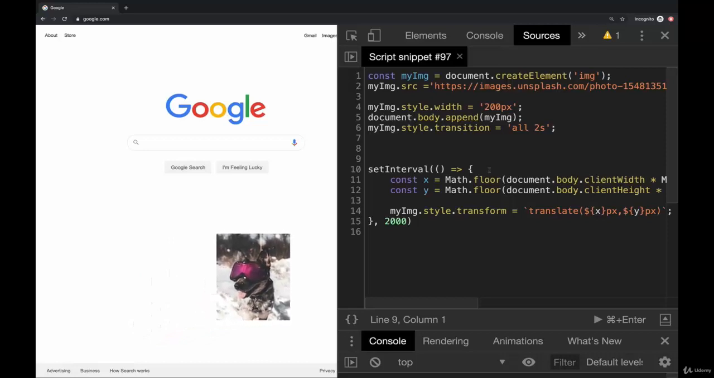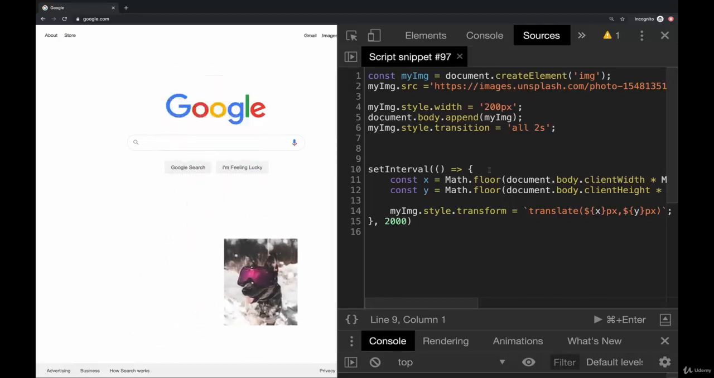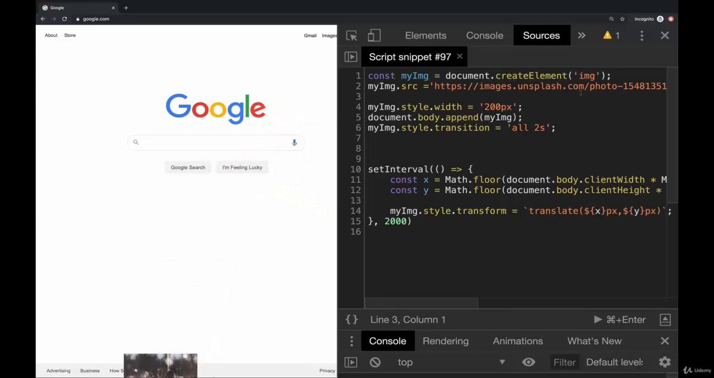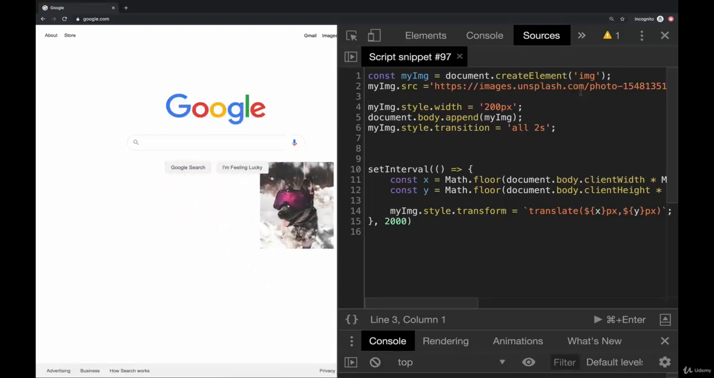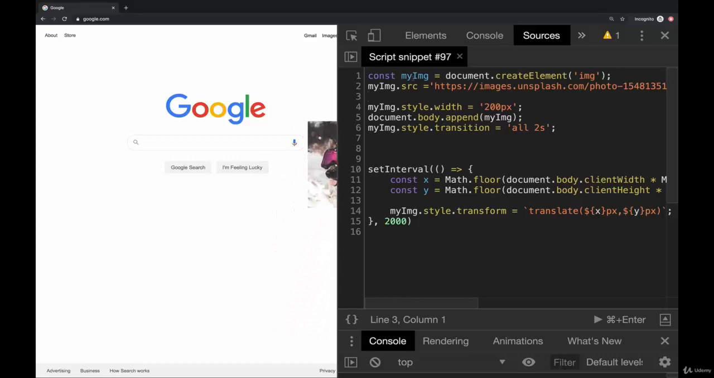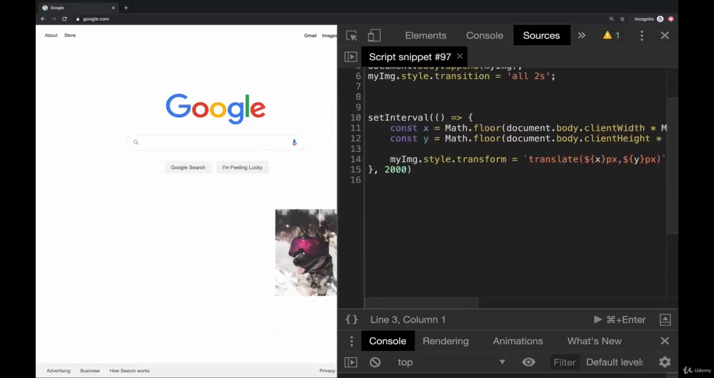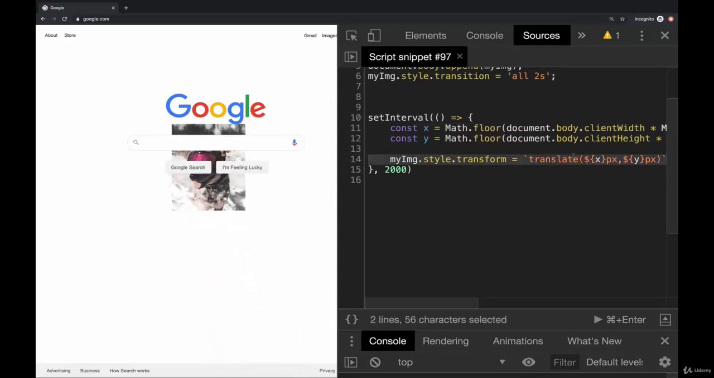We're picking a random X and Y on the screen and moving the image. That image, for the record, was not there when the page loaded. We're adding it in. So we're seeing a whole bunch of different features already. We created a new element. We updated its source attribute. We added it to the page. Then we added some CSS to it. We changed the width to make it smaller. We changed the transition property to make it smoother when it moves. And then in an interval, we're picking random numbers and using that to generate a translation, a transform across the